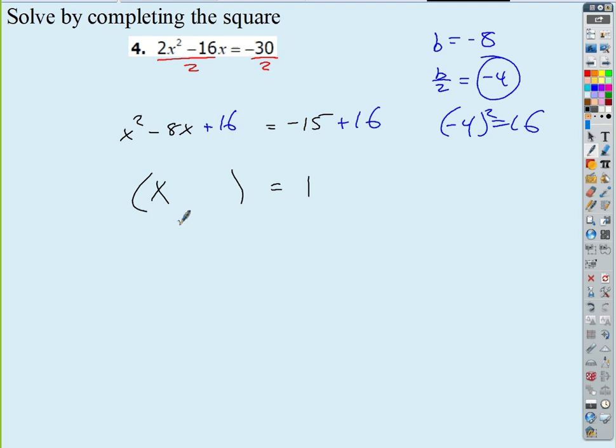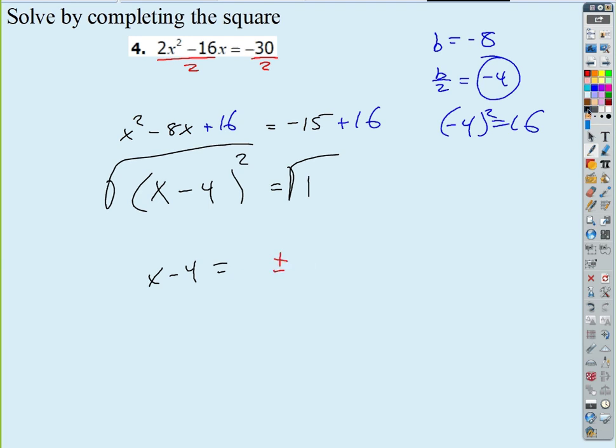I'm just going to factor it. x minus 4 times x minus 4, so x minus 4 squared. Piece of cake now, right? Square root both sides. And what happens if I square root both sides? I get x minus 4 equals